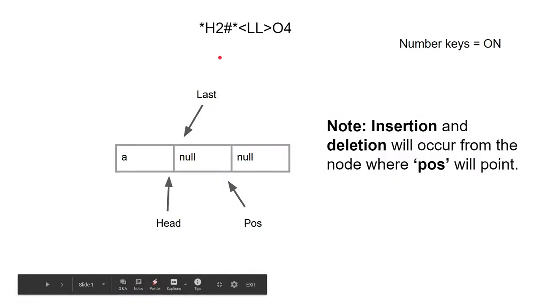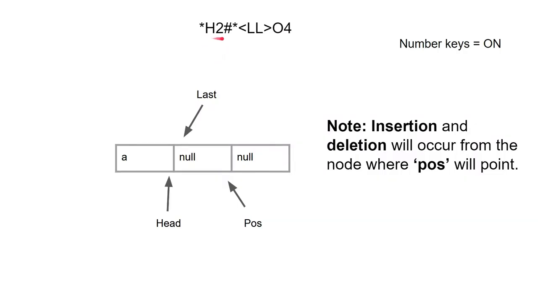This is the example I'll be explaining. This is the string I have taken, and initially the number key is on, so this indicates whether the number key is on or off. And this problem I have solved with the help of a doubly linked list. So this represents the data present, this represents the position, or we can say the node address present before this, and this represents the node present after this.